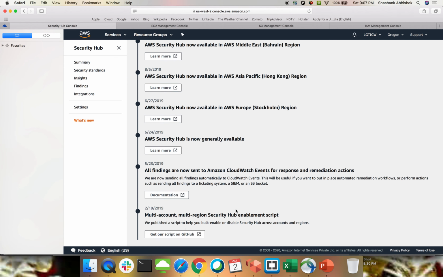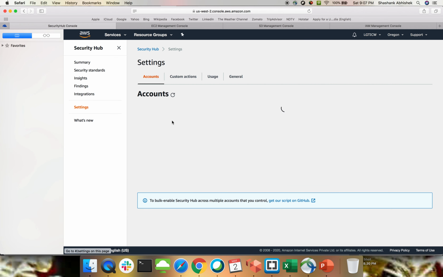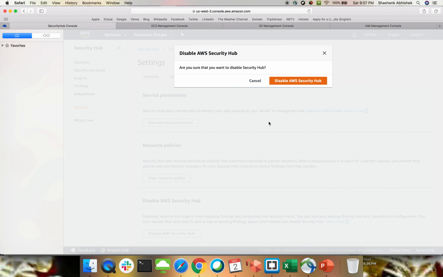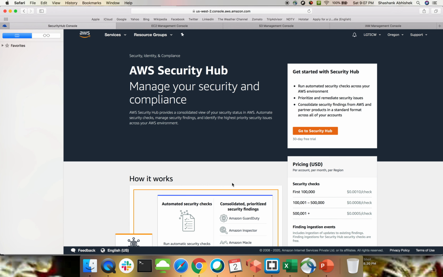You can get it from GitHub. Now let's go to settings, general, and we're going to disable it. Disable Security Hub. Again, this is just to show you how Security Hub is useful with the help of different AWS security tools provided by Amazon, and one place to see all the findings.